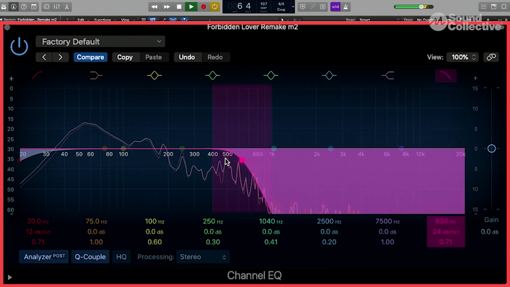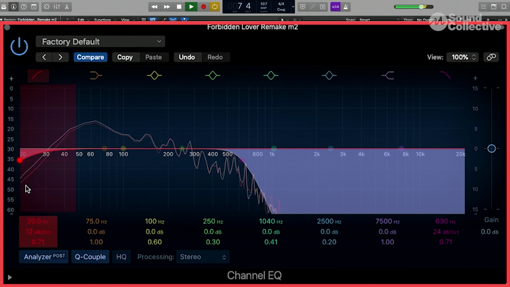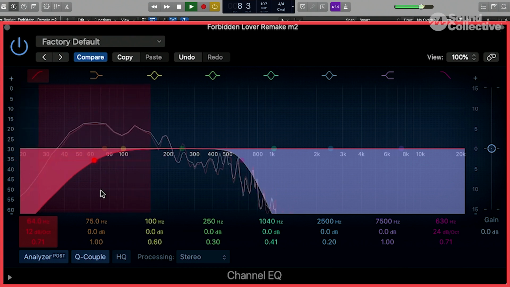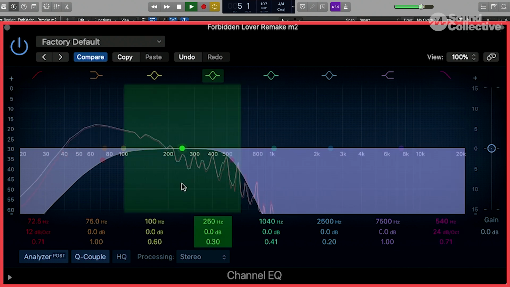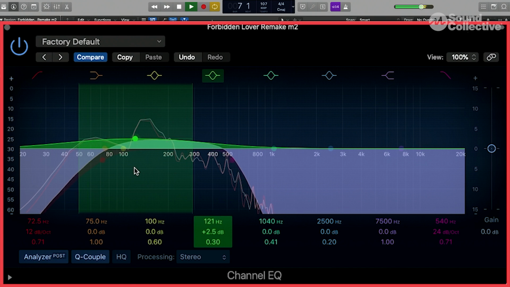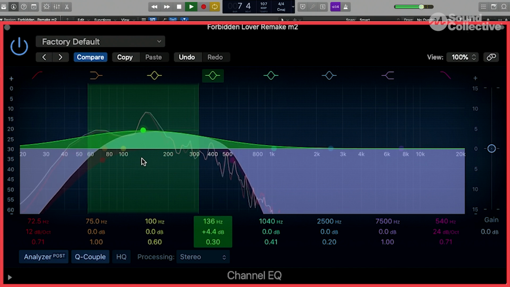So if I were to use this to isolate the bass, I'd probably cut a little bit of the subby frequencies out because it is an older style recording. Those basses don't have as much sub frequencies as modern music. So if we cut out the highs, although highs are very important for bass guitar, it really just cuts out the guitars. Now we can maybe boost a little bit around 150 to 200